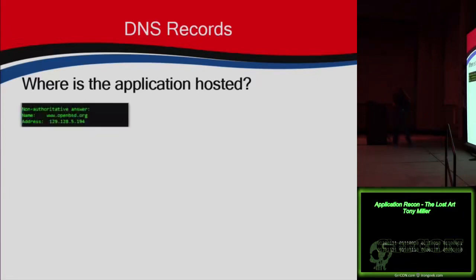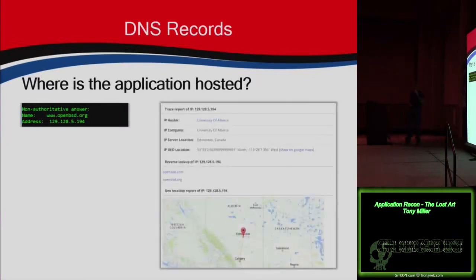Being what it is, hey, simple search, let's find out where openbsd.org is hosted. So my quick NS lookup, find out where it's at, and there's any number of tools I can use. Well, in this case, cool, it's hosted at the University of Alberta. Fair enough. It's up there in Edmonton. Hey, it's cold up there, guys. Again, great information to know, especially if you're testing on behalf of somebody else.